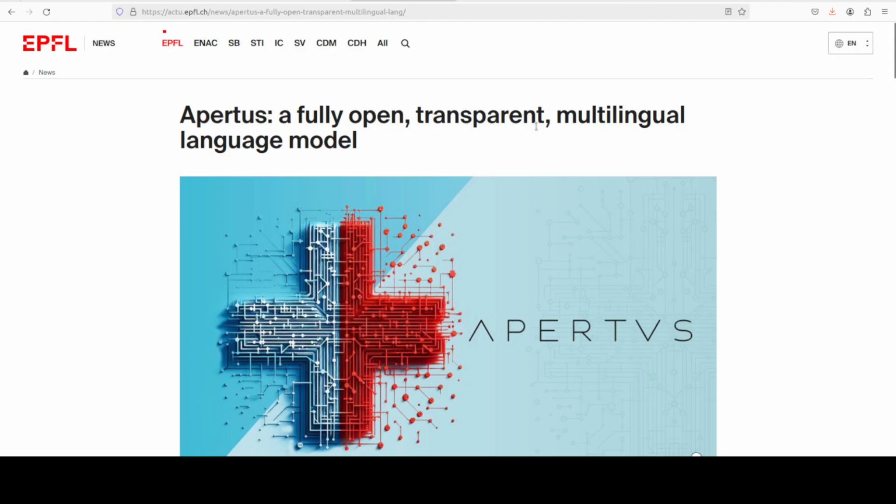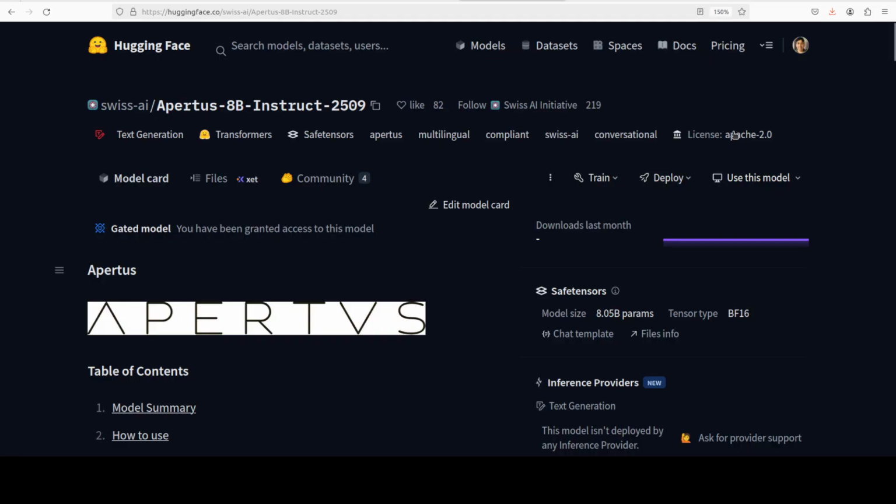This model is a decoder only transformer. It's trained from scratch on a hefty 15 trillion tokens using a staged curriculum that blends web text, code, and math content, all sourced from fully compliant, opt out respecting datasets, meaning it honors data owners' rights even after the fact. What sets Apertus apart is its full transparency, not just open weights but open training data,